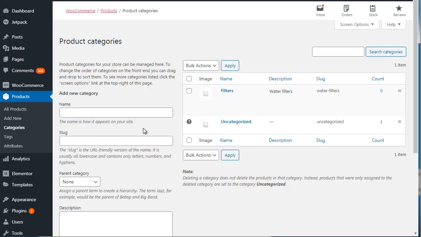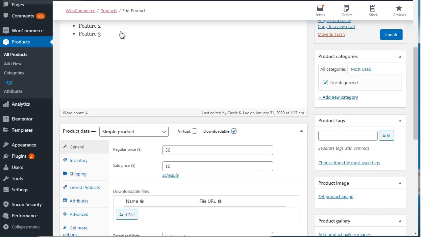Now, let's say you've created other categories, and as you can see to the right, we see count. The reason why it's 0 is because there are no products attached to that product category. Now, if we go over here